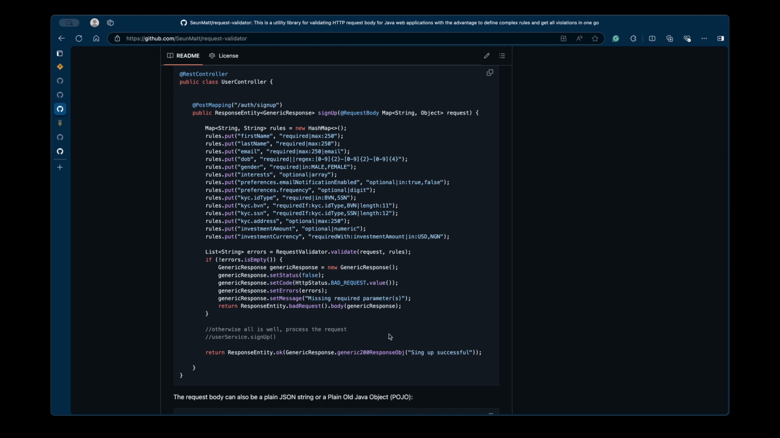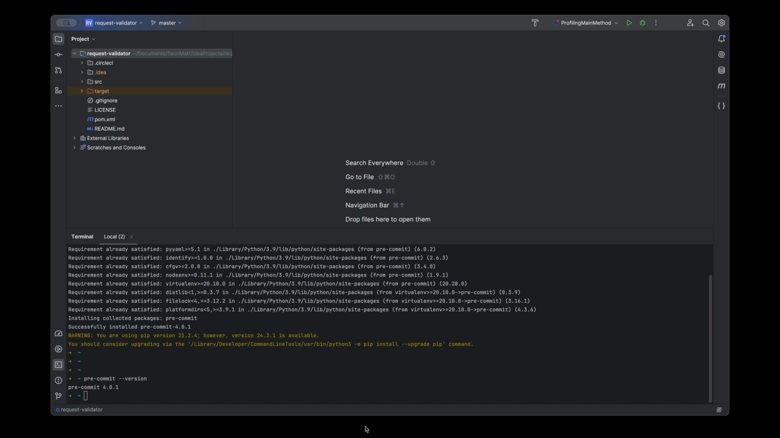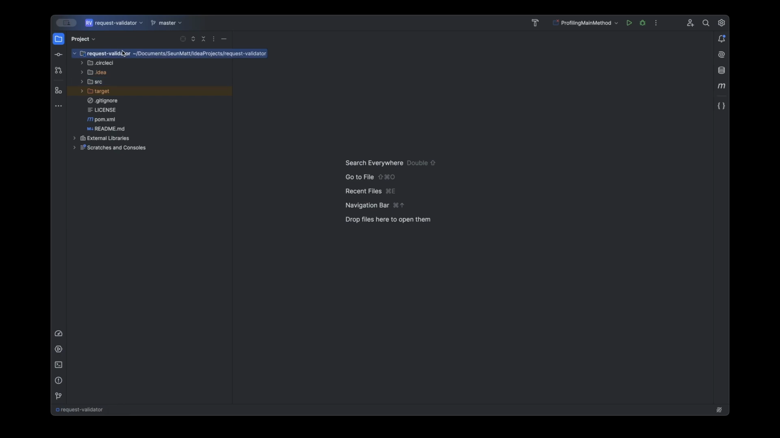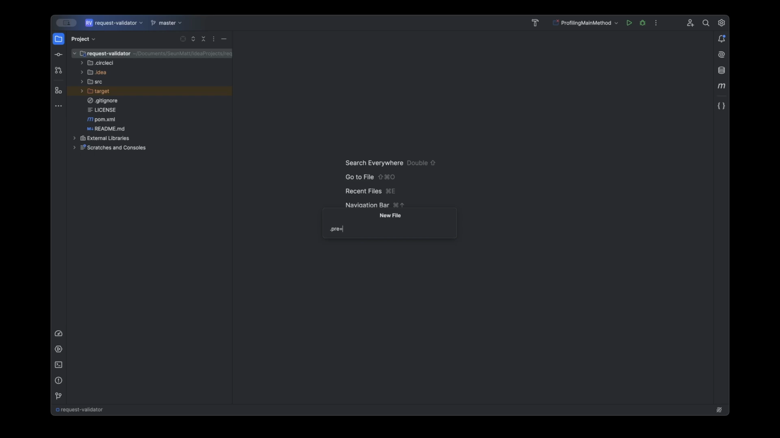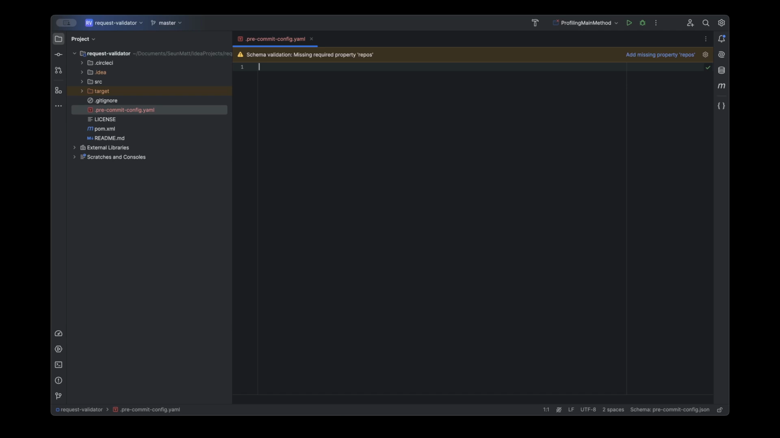So I'm going to go ahead and open the code base in my IDE. All right, so now that I have the code base opened in my IDE, to enable pre-commit for a single code base, the first thing we need to do is to add a file called .pre-commit-config.yaml, right? So it's a YAML file, so I'm just going to go ahead and create it. The .pre-commit-config.yaml file is a YAML file, and this YAML file is the one that will contain all the hooks